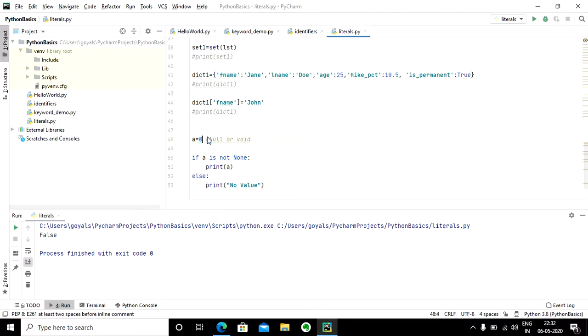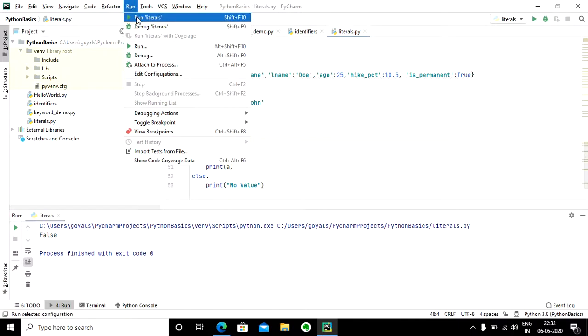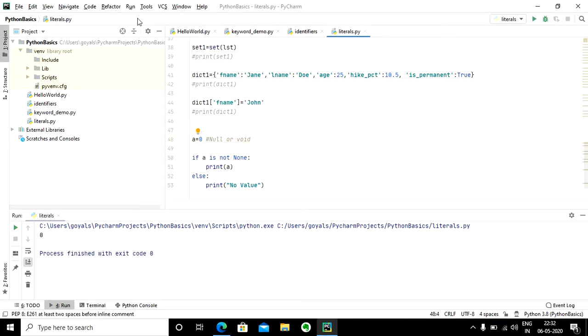The other thing is also not similar to 0. So again, if I execute this code, then it is going to print the value, because it is not None, it has some value, hence it is going to go into the if block.